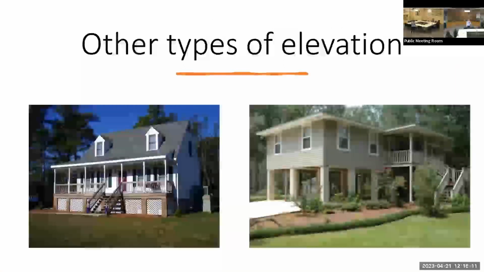So these are other types of elevations that we don't allow. You need a variance, but I'm showing them because certain structures would be allowed to be elevated in this way: commercial structures or accessory structures. Some accessory structures, if they're under 600 square feet, can be allowed to essentially flood if they're low damage potential. So it depends what's in them,